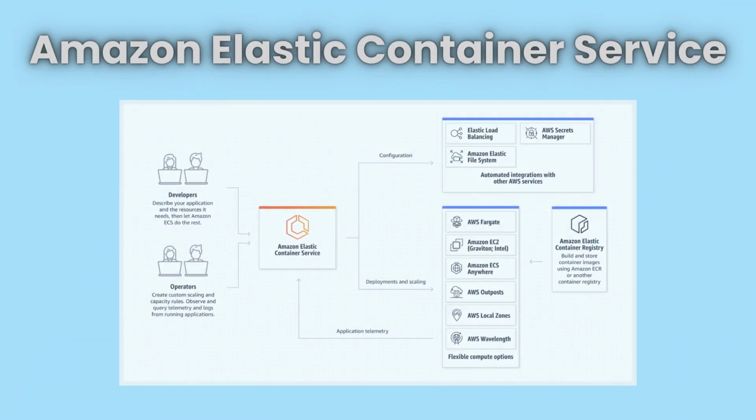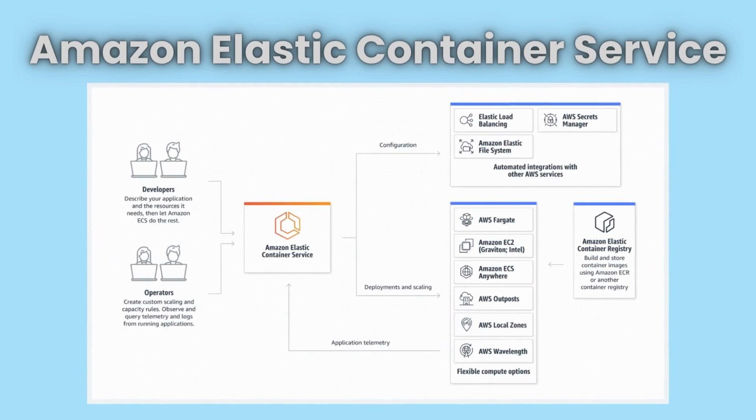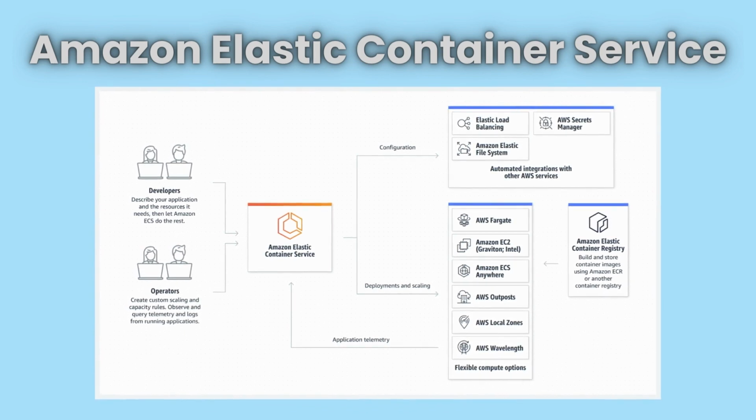The first type of AWS Compute Domain we'll discuss is Amazon Elastic Container Service (ECS) Compute Domain. Amazon ECS is a highly scalable, fully managed container orchestration service. It allows you to run containers without worrying about the underlying infrastructure. With ECS Compute Domain, you can deploy your containers in a serverless fashion, leveraging the power of AWS Fargate to